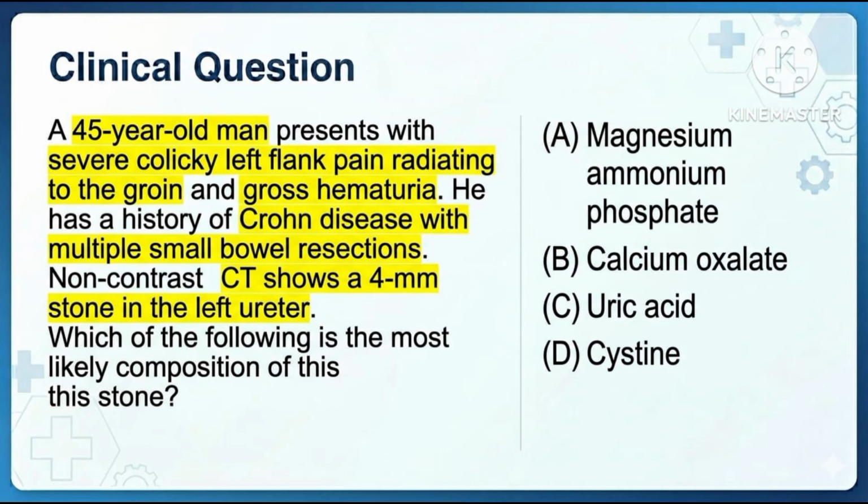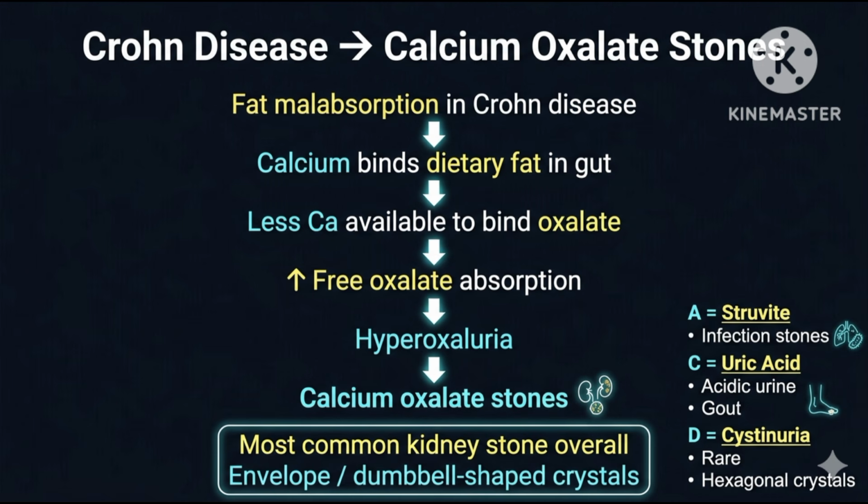A 45-year-old man with severe left flank pain radiating to the groin and a history of Crohn's disease. CT shows a 4 mm stone in the left ureter. Stone composition? It is a calcium oxalate type kidney stone. Fat malabsorption in Crohn's disease